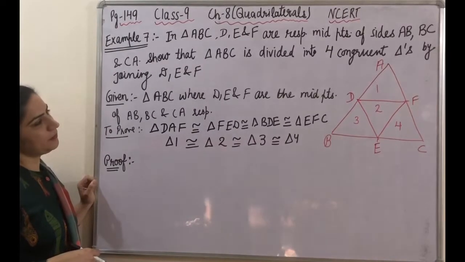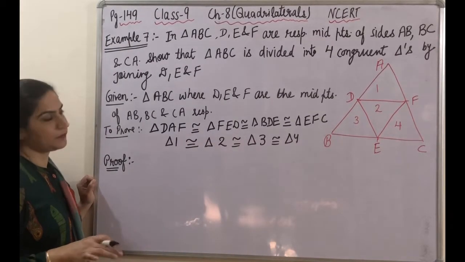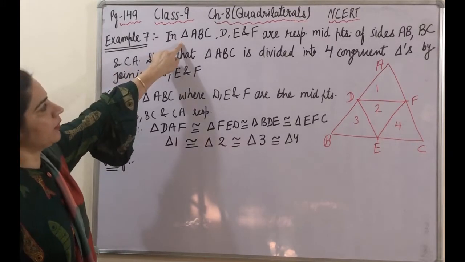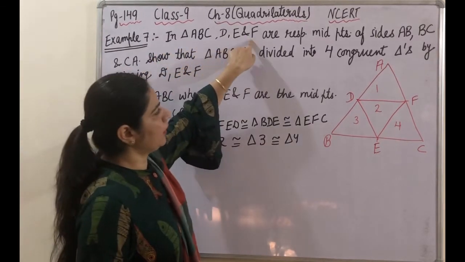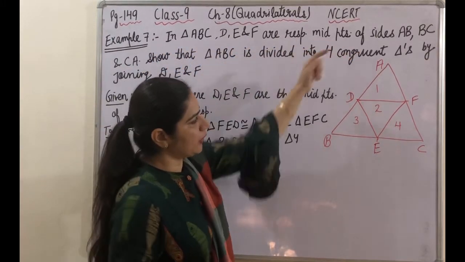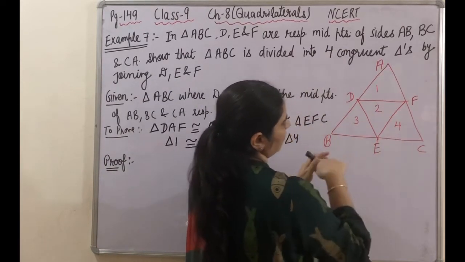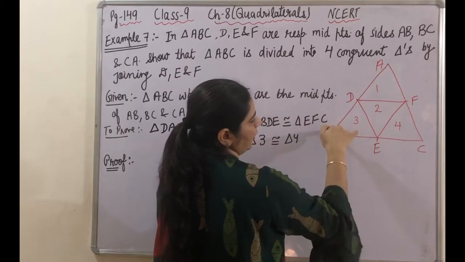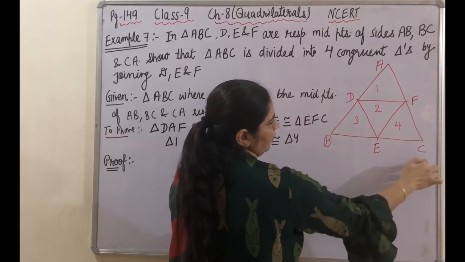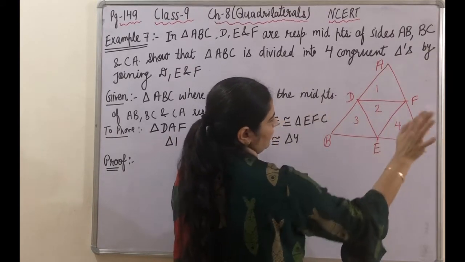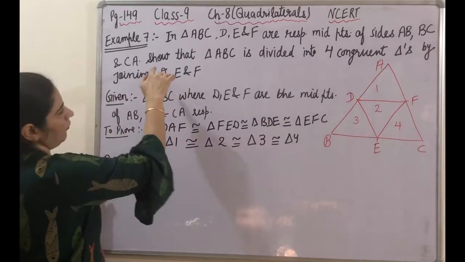Let's start the 7th example. This example is very easy. Here it is given in a triangle ABC, D, E and F are the midpoints of sides AB, BC and AC. It is given that D is the midpoint of AB, E is the midpoint of BC, and F is the midpoint of AC. It's already given. But we have to prove